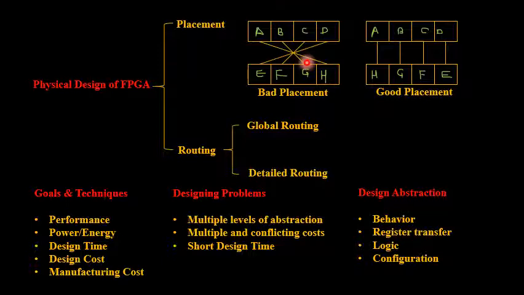So here, if you consider this particular example, I am having distinct blocks A, B, C, D, E, F, G, H. I will consider each as a logic element block, and I have made a connection from block A to block H, block B to block G, C to F and D to E. If you see this particular diagram, the cross marks are nothing but the interconnect. Interconnect in the sense wiring that I have made use of.